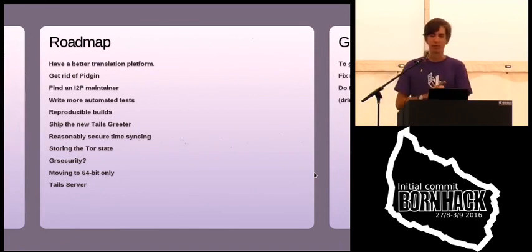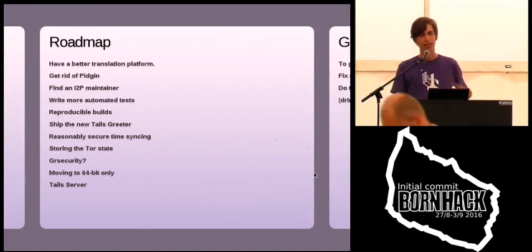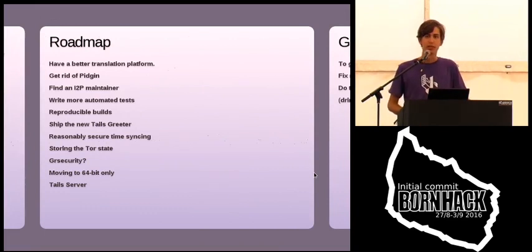Another one is that we would really like to get rid of Pidgin, because Pidgin is quite a horrible IM client, as we all know. So people can contribute to this. I'll get back to this on how to do this. If anybody is really into I2P, our last person who maintained it and made Debian packages out of it disappeared. We have no idea where this person is. Then another one was going to take over, but that person also disappeared. So if you want to be the next person and disappear, you should talk to me afterwards.